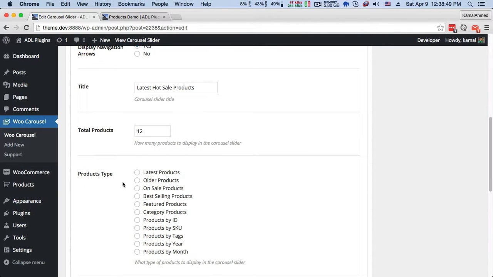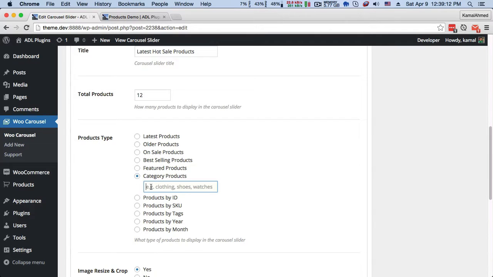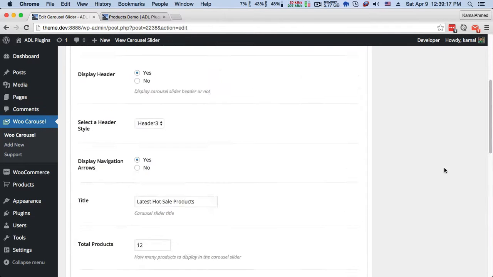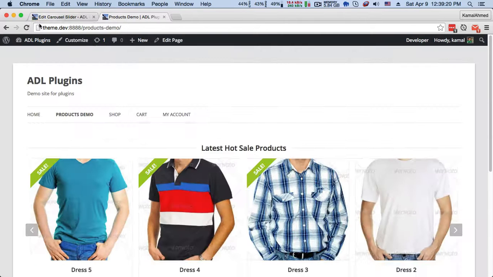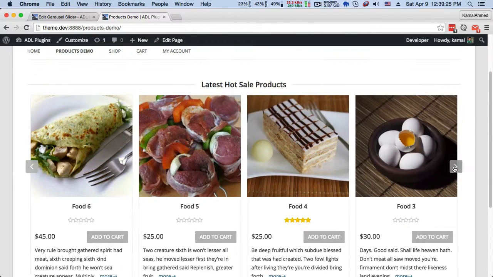And you can also specify how to query your products from the database, and these are the options you can choose from. For example, you can show products from latest date or oldest date, and on sale products, best selling products. You can also query products from your specific category. For example, let's query products from food category I created earlier, and if I update, I should see products from all foods. Okay, as you can see, I have got